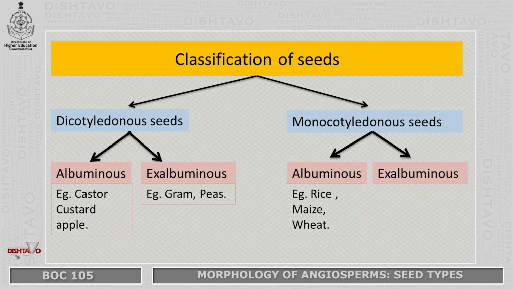In monocotyledonous seeds, we have albuminous as well as ex-albuminous seeds. In albuminous, we have rice, maize and wheat as examples. Here, the entire fruit has a large single seed inside. The seed coat and the outer pericarp are fused together, and it is called the grain. It consists of a grain coat, and also in maize you will see that an endosperm is present where food is stored, and that's the reason it comes under albuminous seeds.